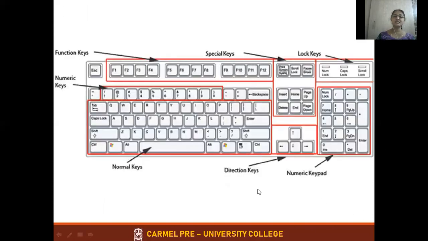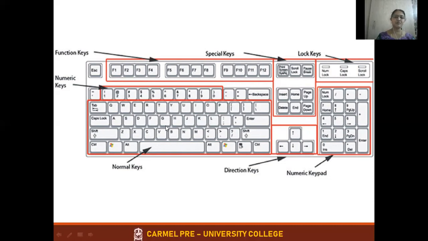Then this is the keyboard layout, which I was just mentioning. These are the numeric keys on the top. You can observe the number keys 1 to 9 and 0 are there. Then alphabets are here. They are not arranged in ABCD order. I think all of you are familiar with that. It is like in the mechanical typewriter, the QWERTY format, as we call it, because that is how it suits our fingers. We can lay it like that and type faster.